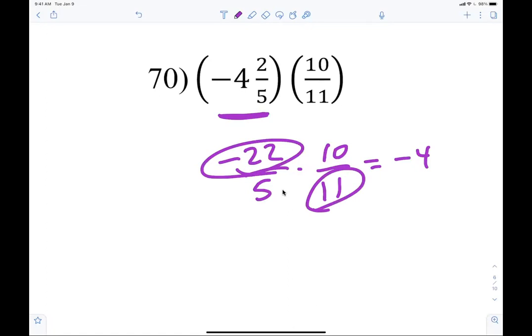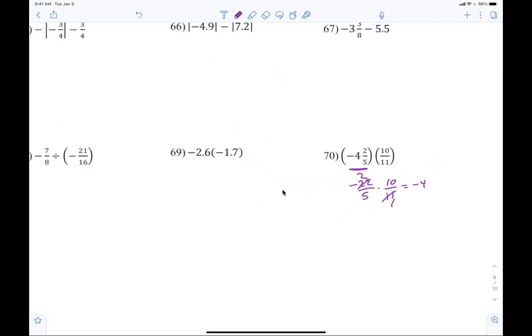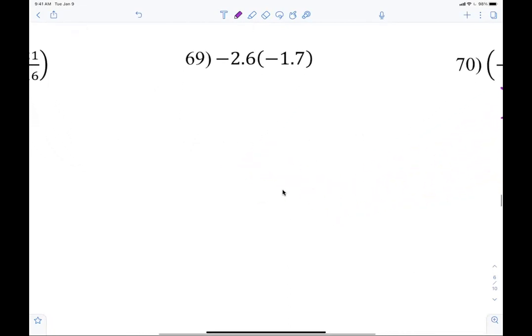Is it just negative 4? Is it negative 4/11? What do you think? Negative 4/11? Why? Because there's an 11. Oh, yeah. And we don't need an explanation. Just okay is good for me. Tanner,